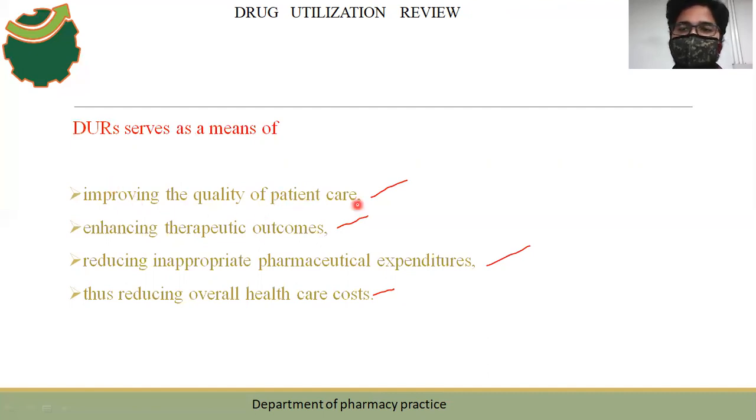How can we see improving the quality of patient care? Take an example of your documentation review, one of the activities of your clinical pharmacist. Consider a patient who has been prescribed 2 doses of the same drug. I want to share one of my experiences from when I was an intern in my hospital. We used to do prescription audits, meaning before the patient receives the medicines, we used to do audits for outpatients.